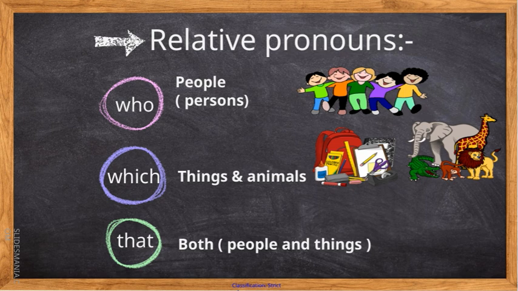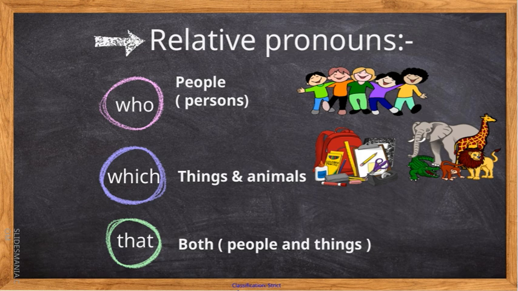is parked outside. These pronouns are essential because they help us add details without starting a new sentence, making our communication clearer and more efficient. Understanding when and how to use who, which, and that is a key part of mastering sentence structure and connecting ideas smoothly. So, in summary, recognizing these categories and their corresponding relative pronouns helps us make our language precise and